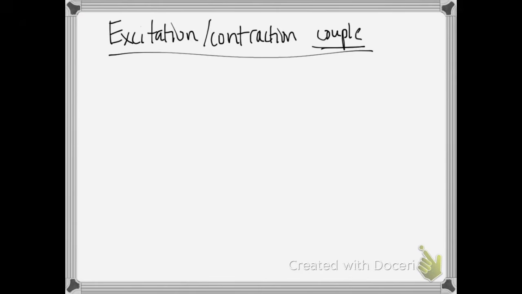Excitation-contraction coupling. So where does this start, and where does this end? This starts with the transfer of a nervous impulse or an action potential. You can call them both. A nervous impulse is an action potential, or an action potential is a nervous impulse, whatever you want to say. So this is the event that comes from the transmission of that nervous impulse